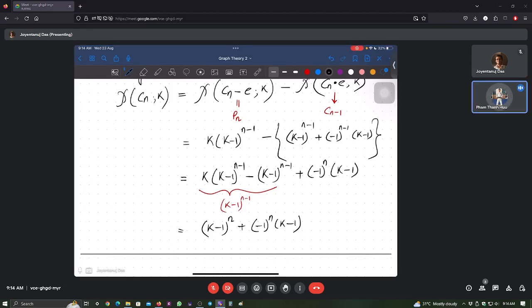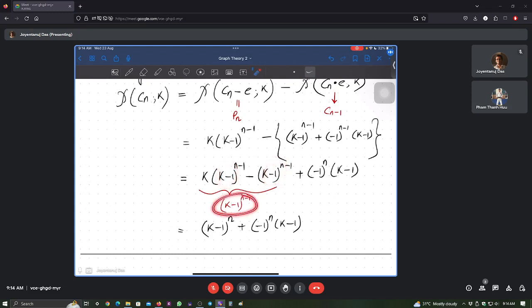Here both of the terms are common, right? So if we take out (k-1)^(n-1), I have k and minus 1. Fine, right? So I think this is fine. No confusion. So now the thing is,